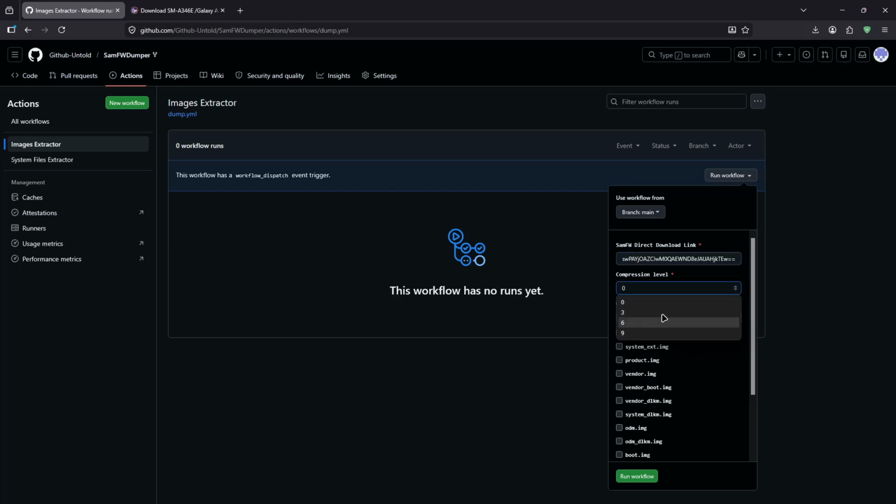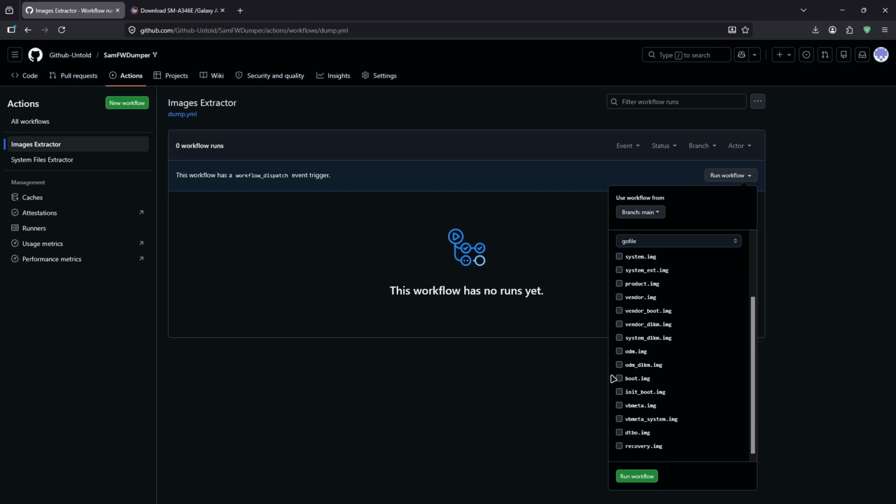Once that is done, you can select your compression level. It depends on whether you are downloading system.image, system_ext.image or product image, those are quite big. So you can select compression level 9 to have the smallest possible size, and then you can extract it on your PC. So for now, I'll go ahead and download boot, init boot and recovery image, and I will